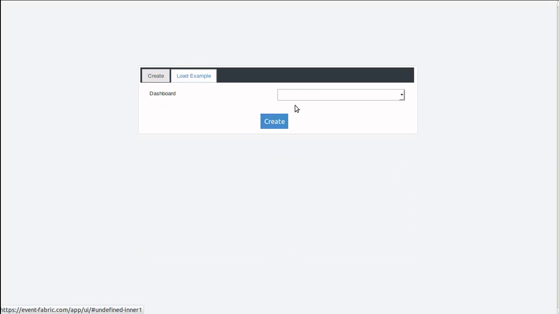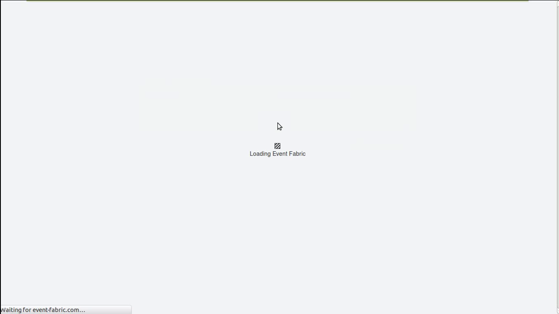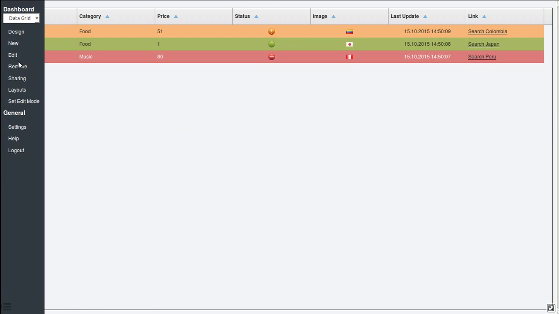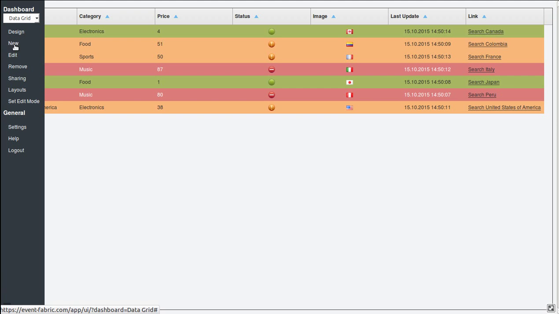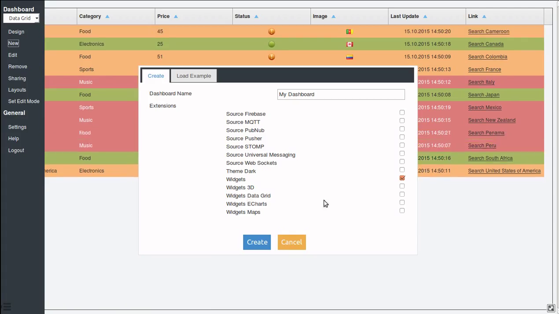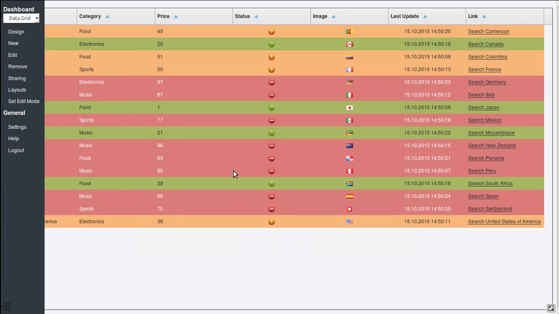In this video I will show you a new widget that's quite powerful. To play with it, you go to New Dashboard, the Load Example tab, and select Widget Example Data Grid. Since this widget is quite powerful, and that means it's quite big, it's a plugin on its own. You can enable it by enabling the widget data grid entry here on your dashboard, and you will have access